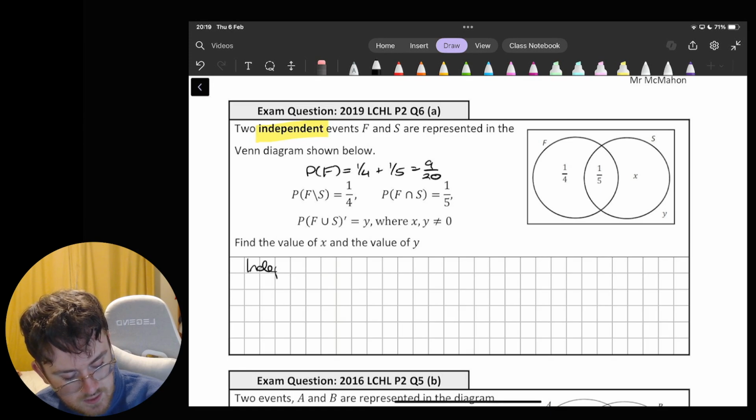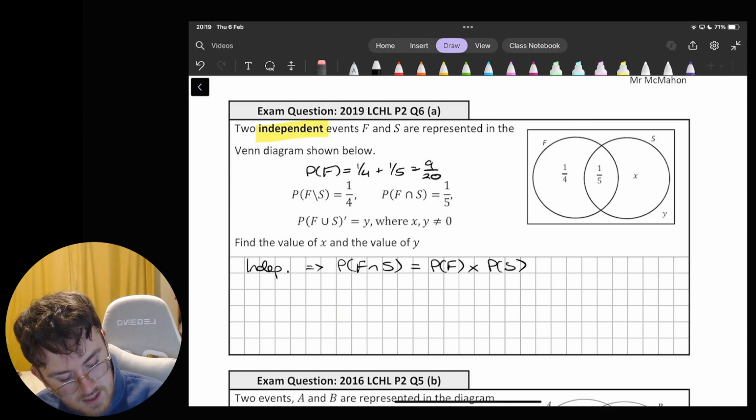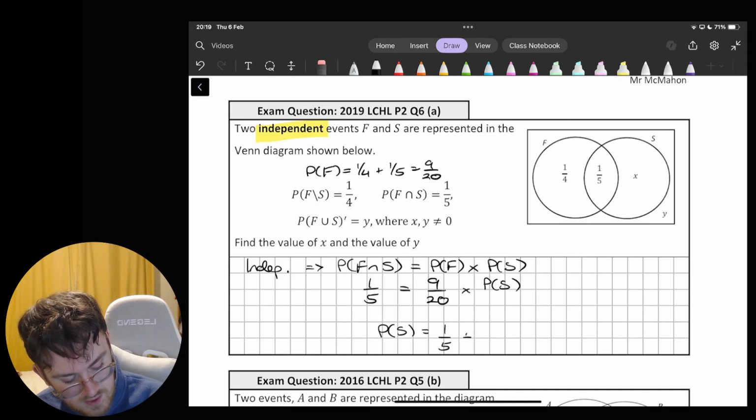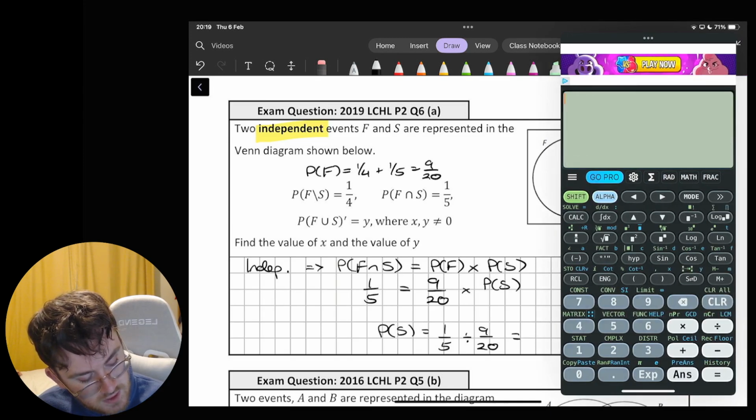So they're independent, which means the probability of F intersection S is equal to the probability of F times the probability of S. I know that this is 1/5. I know that this is 9/20. I don't know what this is. So probability of S is 1/5 divided by 9/20, which is going to give me